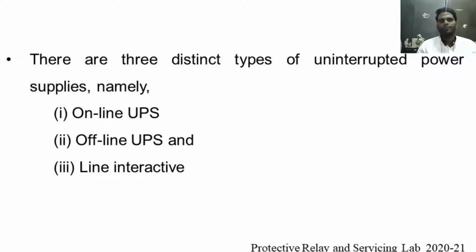The third one is the line interactive UPS. It is some kind of offline UPS where I am giving continuous power to the load without converting the power from AC to DC and DC to AC by means of a rectifier and inverter, and I am continuously charging the batteries but not continuously converting the power and giving it to the load. If any power outage takes place, I am going to send that power through static switches, by bypass static switches.